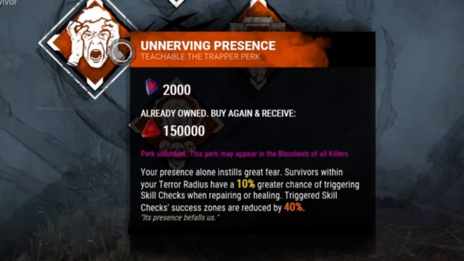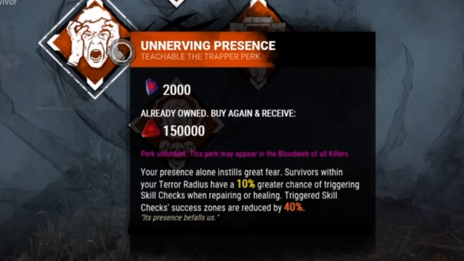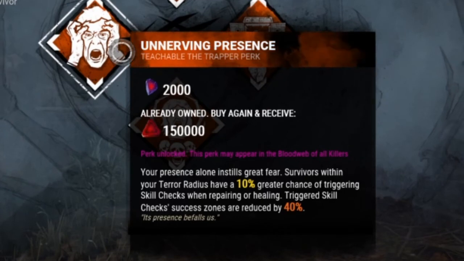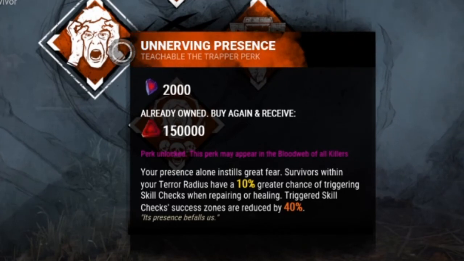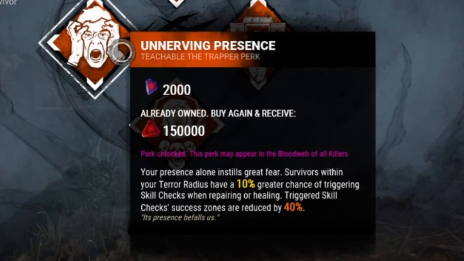I've been playing this game for ages, and I've had DS for ages, and I still, from time to time, miss my DS skill checks, and I feel like an absolute idiot. But yeah, I just think skill check perks in this game only really work against people who've literally just picked up